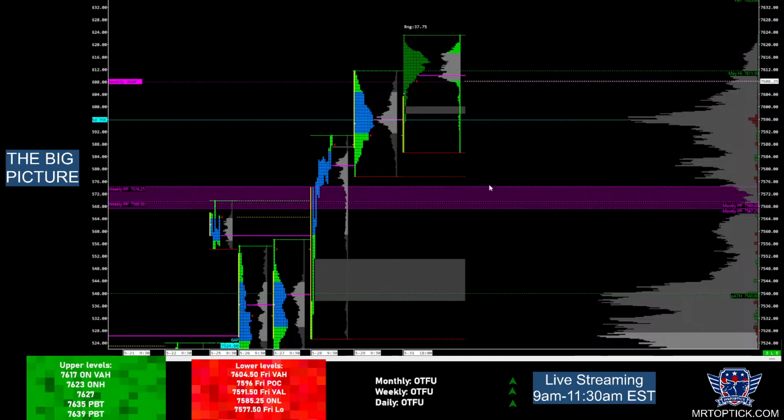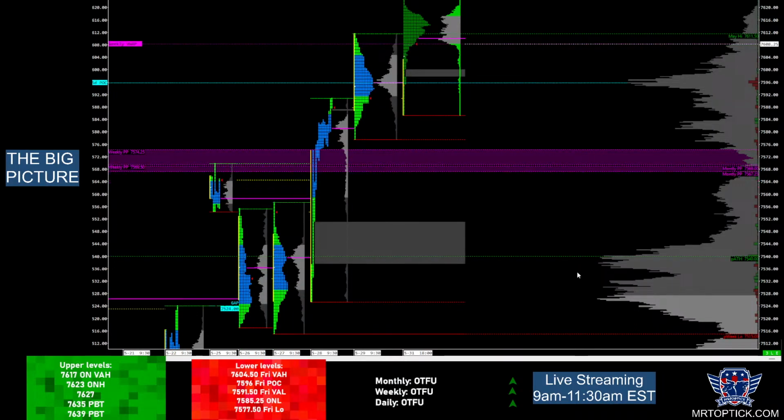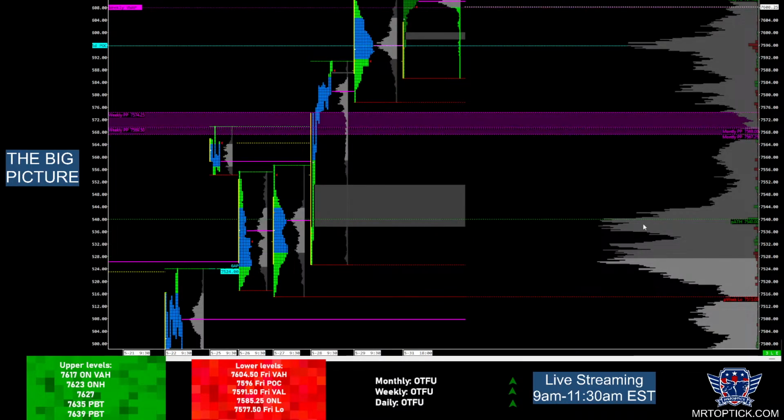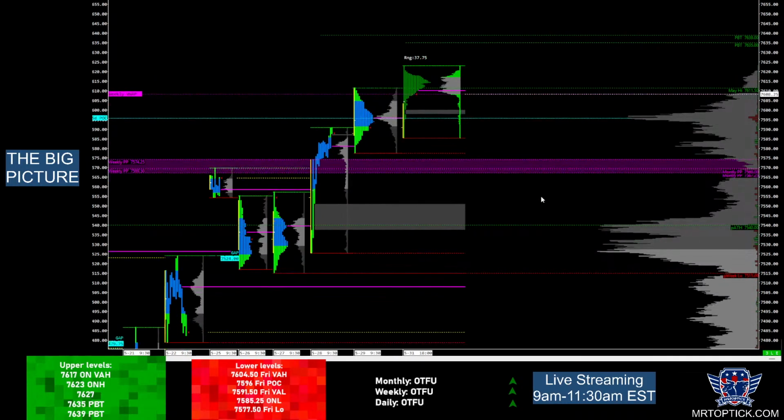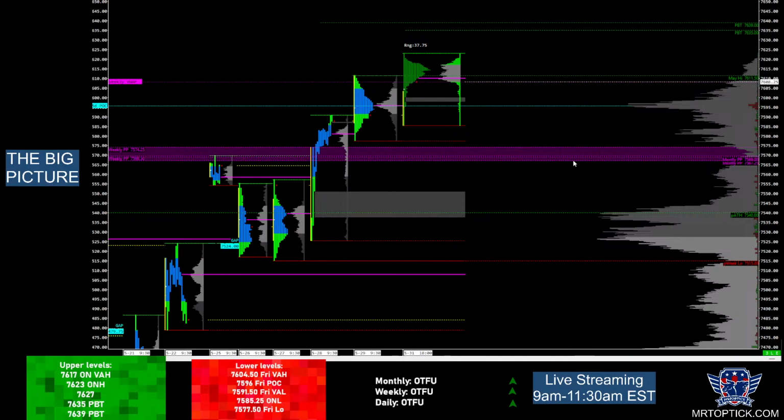So that's going to act as support. But if we break through this area and we hold below this, I'm expecting the selling to accelerate and move down to that 75.40, which is the previous all-time high, and it's this high volume area where we have this 2-day balance. And then from there, a retest of last week's low. So that's the first thing. So watching these two distributions, see which one